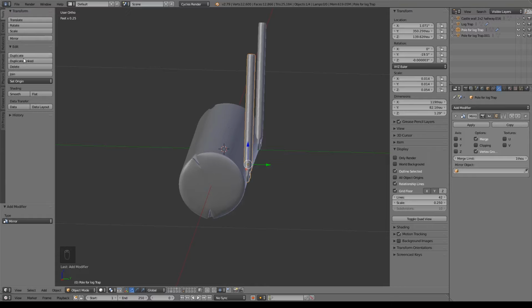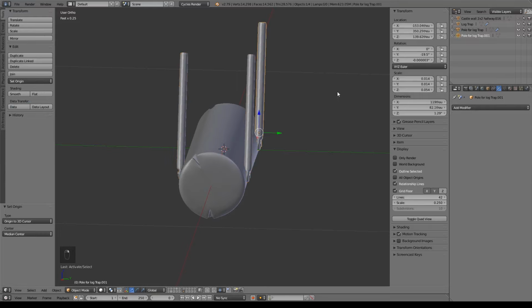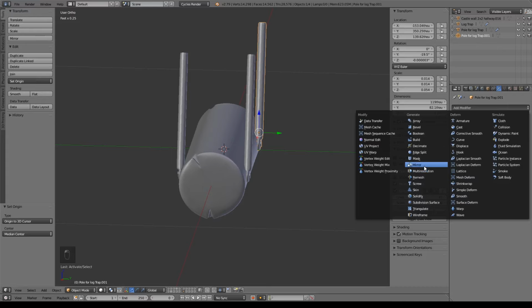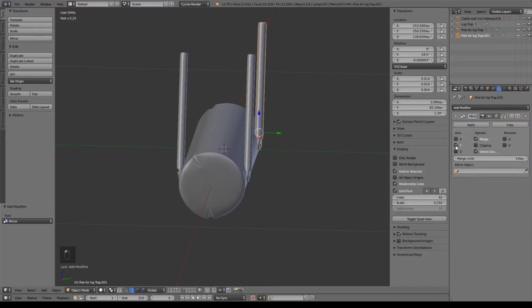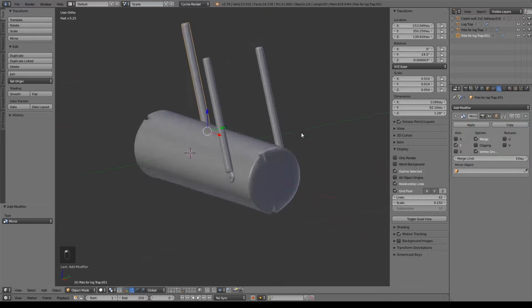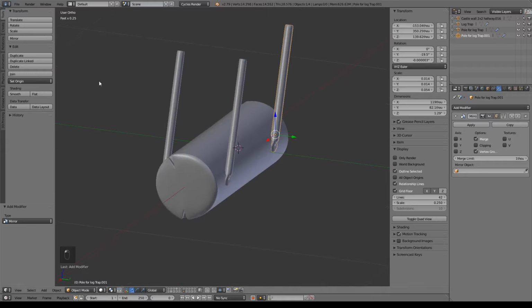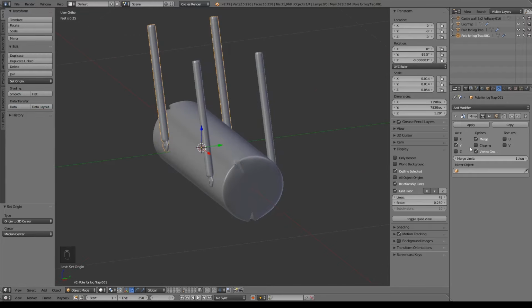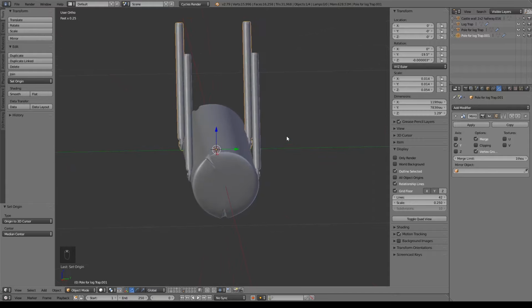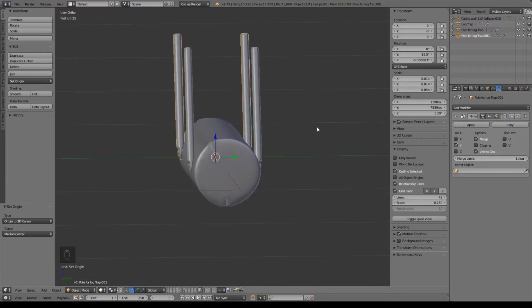But we also, after doing that, we need to set origin to 3D cursor and do Y. So we'll do this, add modifier, mirror. Oh, I forgot to change the origin. Set origin to 3D cursor, and do Y again. And we don't have to check clipping because there's nothing to clip. Perfect, and it's already lined up just like we need it, so we can go ahead and apply our mirror